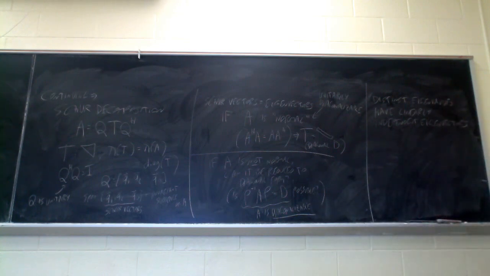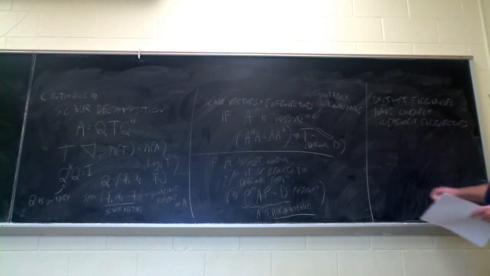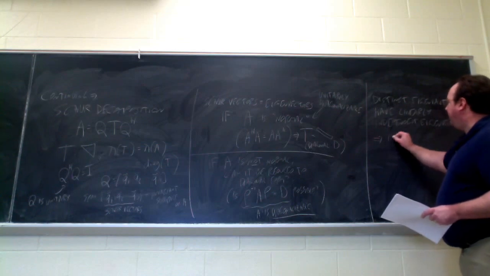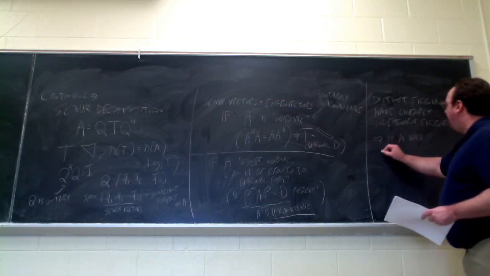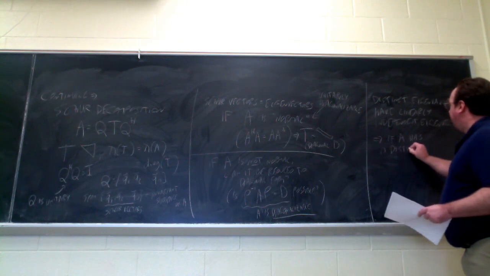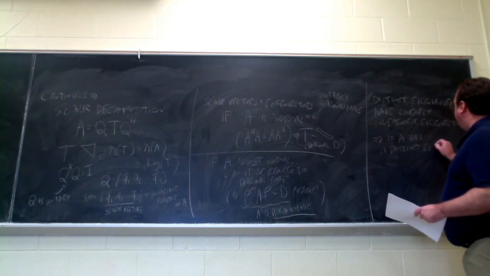So in fact, what I do in the notes is prove that if I have k distinct eigenvalues and k corresponding eigenvectors, then you can prove by induction that all the eigenvectors are linearly independent. So what I can say from that is, if A has n distinct eigenvalues,